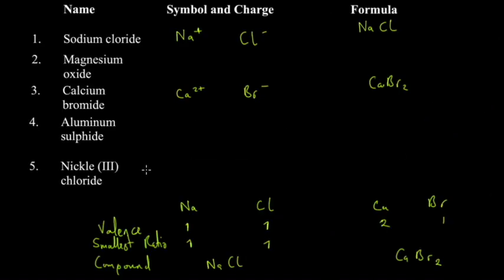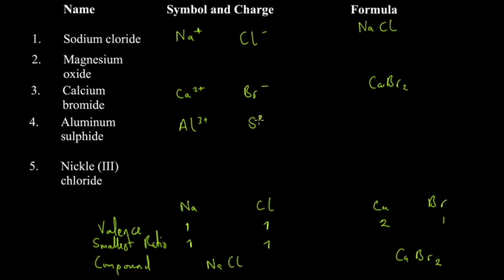And so for magnesium oxide, we want to... this one was important. And let's try another one. Okay, let's try aluminum sulfide. So aluminum would be Al3+ like this, and then sulfide would be